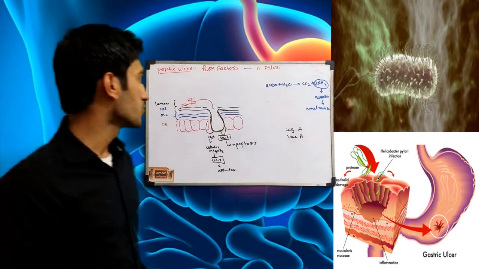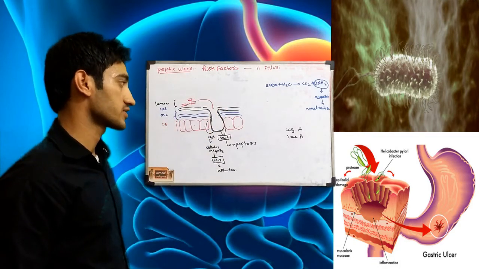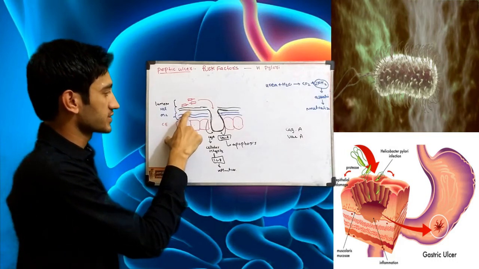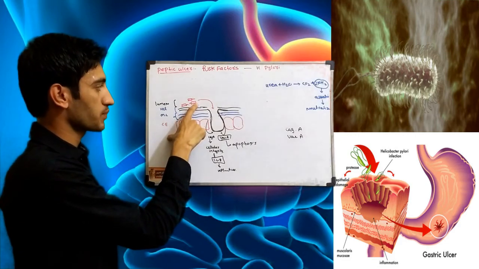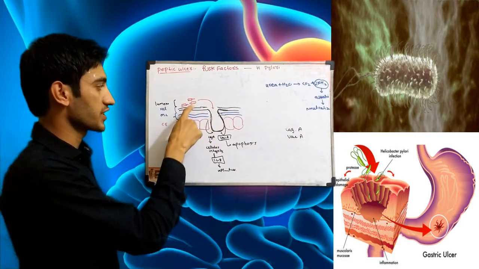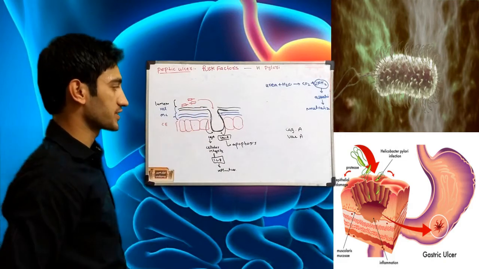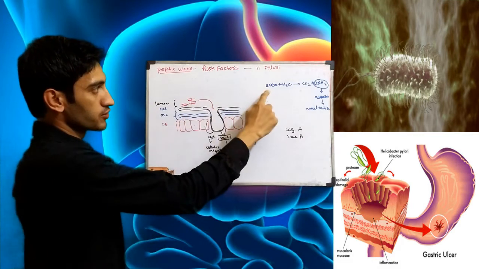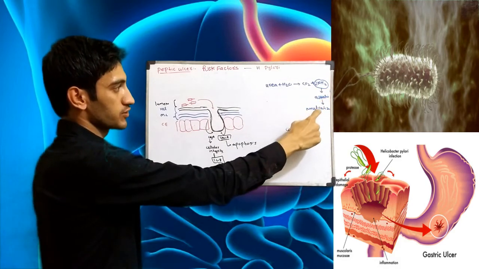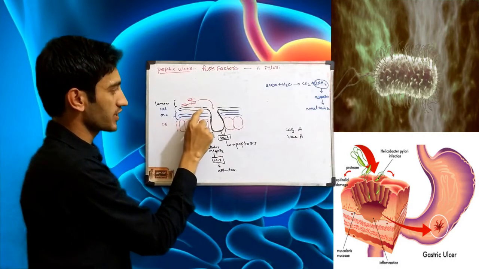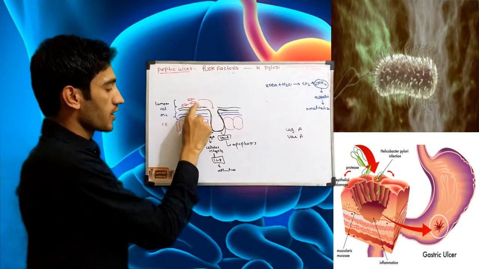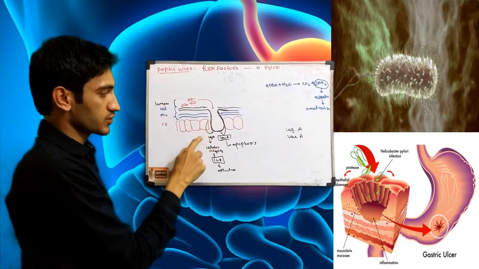Let's have a review. We are talking about the mechanism how H. pylori cause the peptic ulcer. This is columnar epithelial layer, this is mucosal layer, and this is acidic HCl layer, and in the lumen there are H. pylori bacteria. Normally this H. pylori bacteria have no access to the epithelial cells because there is layer between the bacteria and columnar epithelium. Whenever H. pylori convert urea and water into carbon dioxide and ammonia, this ammonia is alkaline in nature, it will neutralize the acidic layer, it will neutralize the HCl layer, and now the bacteria will have access to the epithelial cells, and when it attaches to the epithelial cells with the help of adherent molecule,